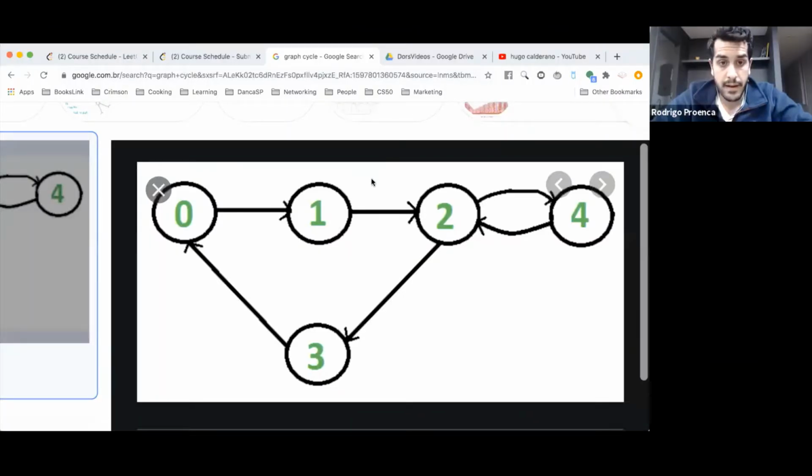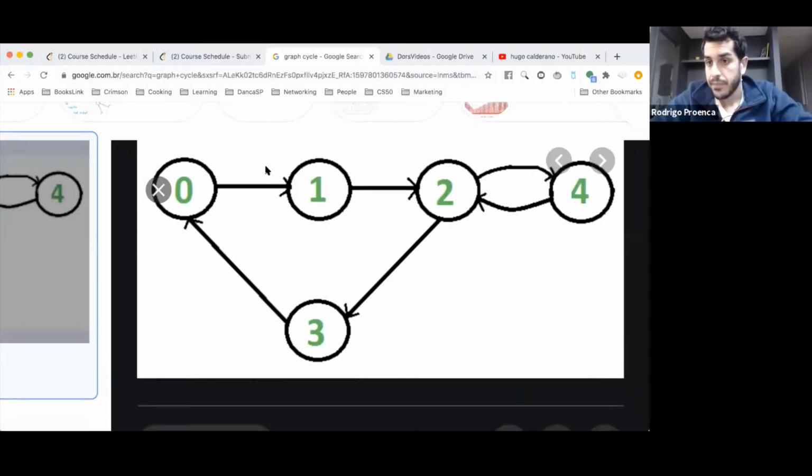So without further ado, let's take a look at the problem, detect a cycle in a graph. A graph has nodes. The circles are nodes, you have a value inside of each node, and then you have edges. This is a directed graph, meaning you have an arrow from one node to the other node. In an undirected graph, you don't have an arrow pointing in one direction. It's just a straight line, meaning you have a connection both ways. So the program you're going to create today is going to check if there is a